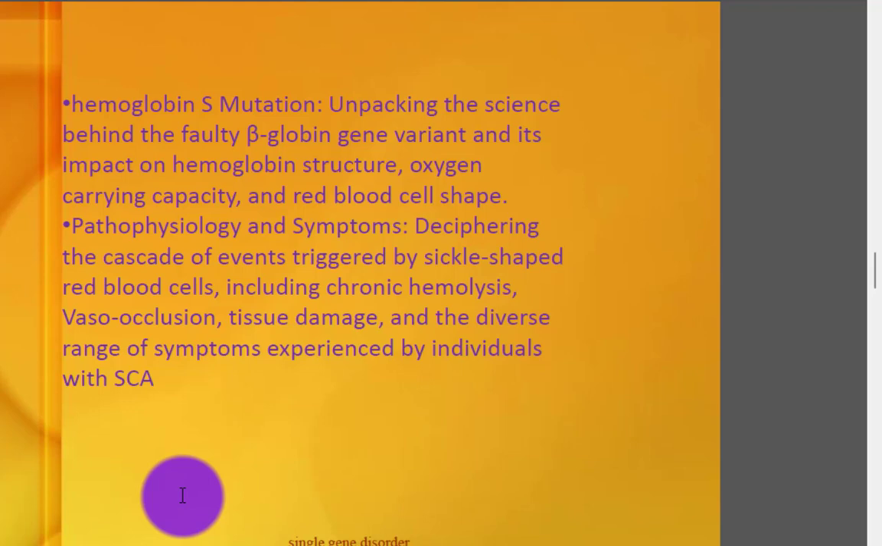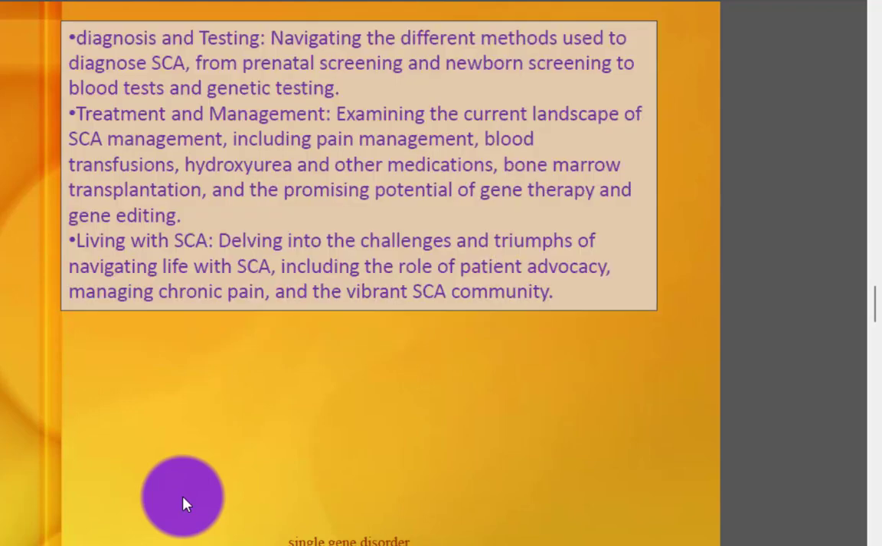variant and its impact on hemoglobin structure, oxygen carrying capacity, and red blood cell shape. Pathophysiology and symptoms, deciphering the cascade of events triggered by sickle-shaped red blood cells, including chronic hemolysis, vaso-occlusion, tissue damage, and the diverse range of symptoms experienced by individuals. Diagnosis and testing, exploring different methods used to diagnose SCA, from prenatal screening, newborn screening, to blood